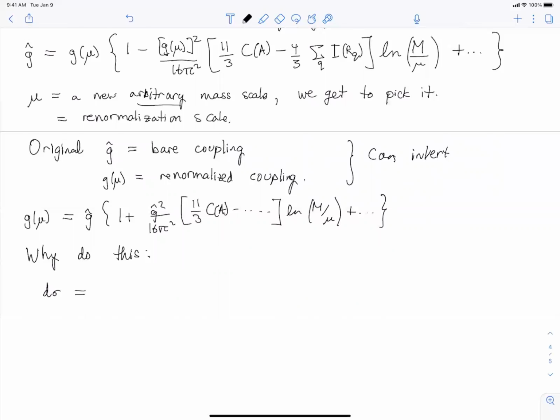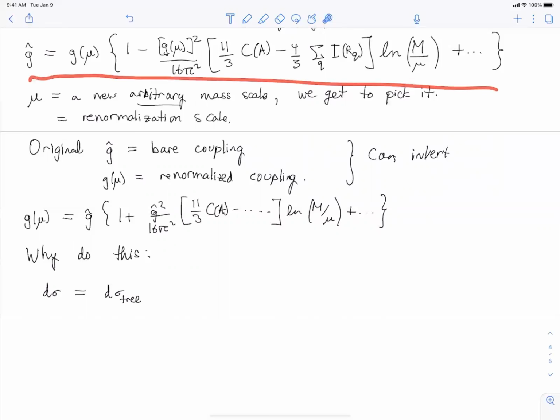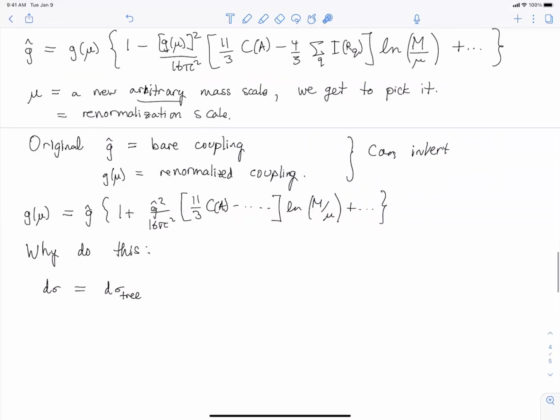And when you do that, you get the following. Okay, I'm taking G hat and I'm using this big ugly mess to replace G hat by G everywhere. And so I get d sigma tree of G, not G hat, times G hat over G to the 4th power